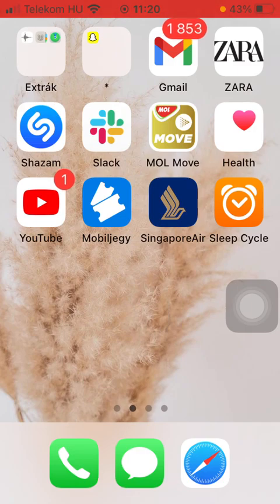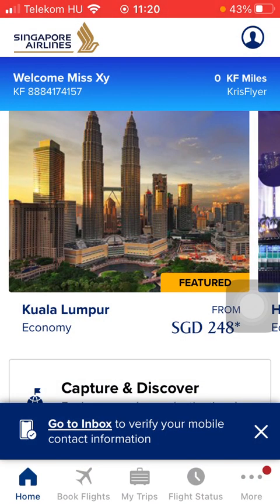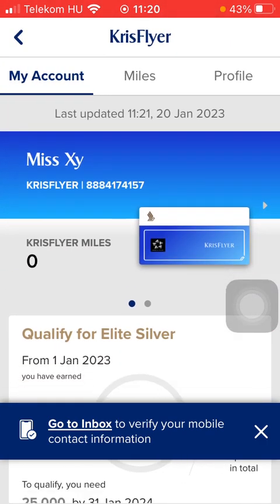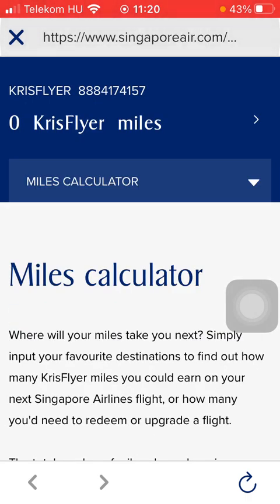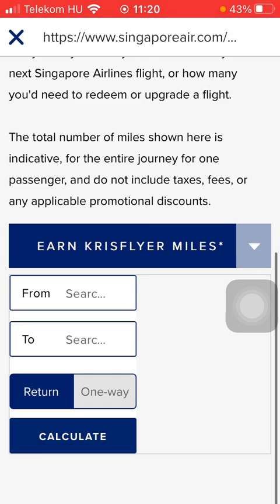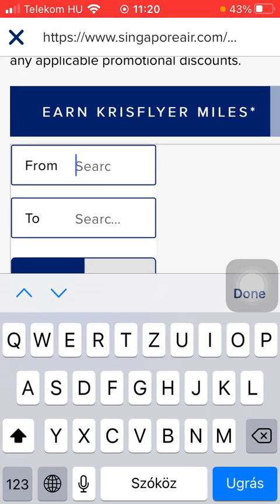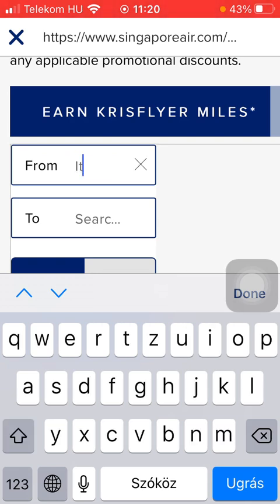First of all, open the application on your phone. Go to your home page and click on this account button in the upper right corner of the screen. Tap on miles at the top, tap on miles calculator, which is the fourth option, and then you will be directed to a website where you should scroll down and select your departure point first of all. So tap on the from section and